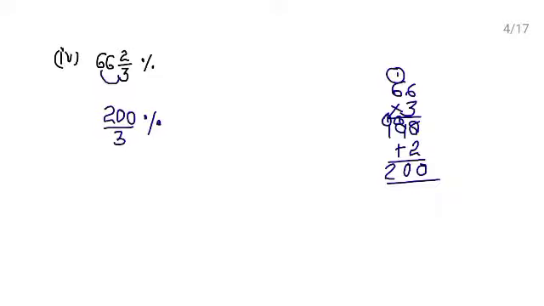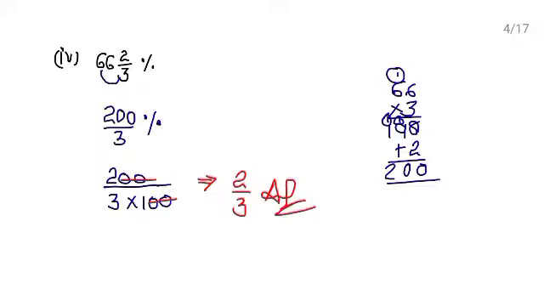Now the next step is, this is in percentage and they are asking to write in fraction. So remove the percent sign and in place of the percent sign write 100 in the denominator. Okay. Percent का meaning यही होता है ना, out of 100. Out of 100 means 100 will be in the denominator. Now solve it. Zeros to zeros cancel out. What do you have now? 2 upon 3, which is your answer.